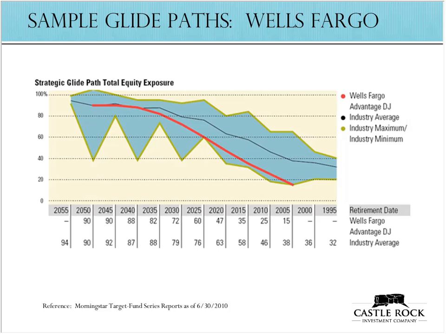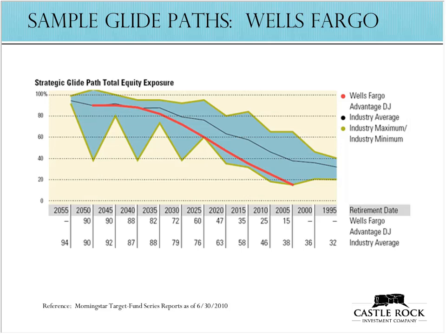Wells Fargo is one of the more conservative glide paths out there. The dark line is the industry average, and the funds that everybody on the call is in. Everybody on the call is either in the Fidelity Freedom Funds or in the Vanguard Target Date Funds, and your asset allocation is going to be much closer to the industry average when we look at this. These green lines at the top and the bottom are simply the maximum and minimum equity exposures in other target date funds. So, for example, we know that the